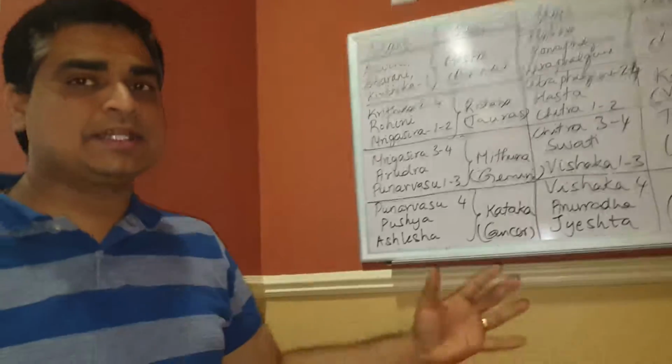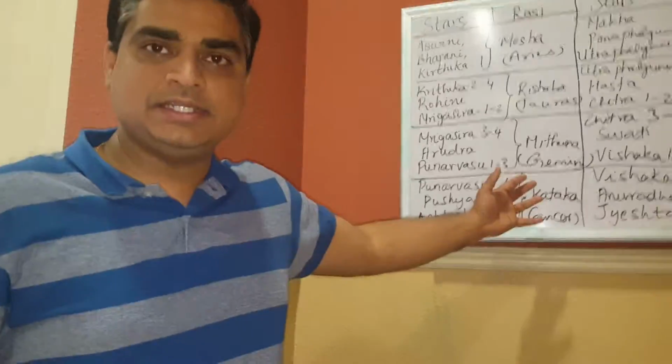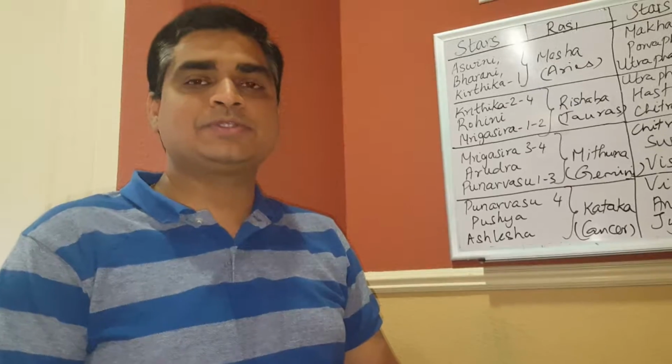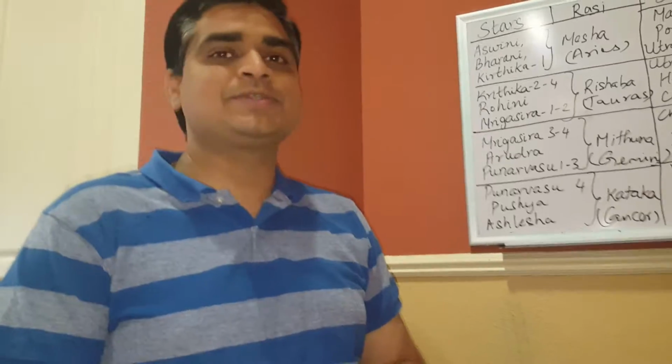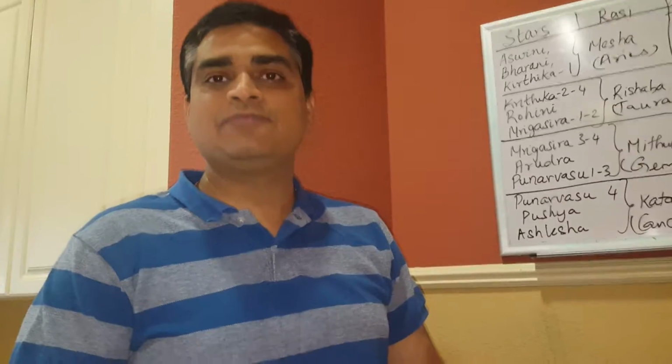So today in this class we have seen the first 8 Rashis and how the planets interconnect to contribute to those Rashis. I'm going to let you do the homework and figure out how the remaining 9 planets map themselves into the 4 remaining Rashis, which we have intentionally left for today's class. We'll connect back in our next class.